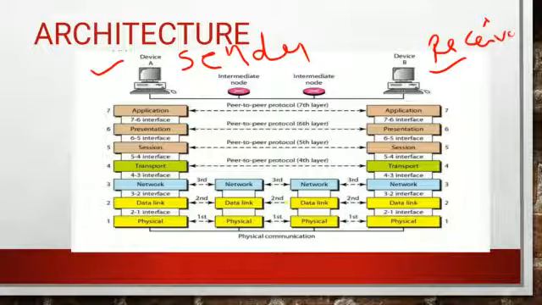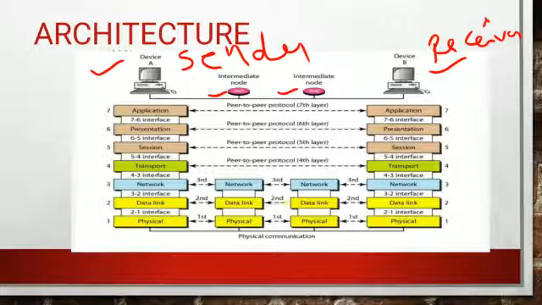Now if A wants to send data to B, here we have a route path, meaning from source to destination we have n number of devices in the intermediate. That's why the intermediate nodes are represented like this, because between the sender device and the receiver device we have a large number of devices. So now, by using the OSI reference model, we will send data from device A to device B.